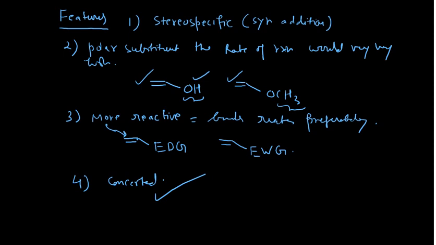Now whatever I have said in these 4 points, I am going to explain here. So in the next page, you see here, say you are having this species. This is your double bond here, and at this allylic position you are having the OH group, and you know this OH group is polar. In that case, please remember, the rate of the reaction would be very high.